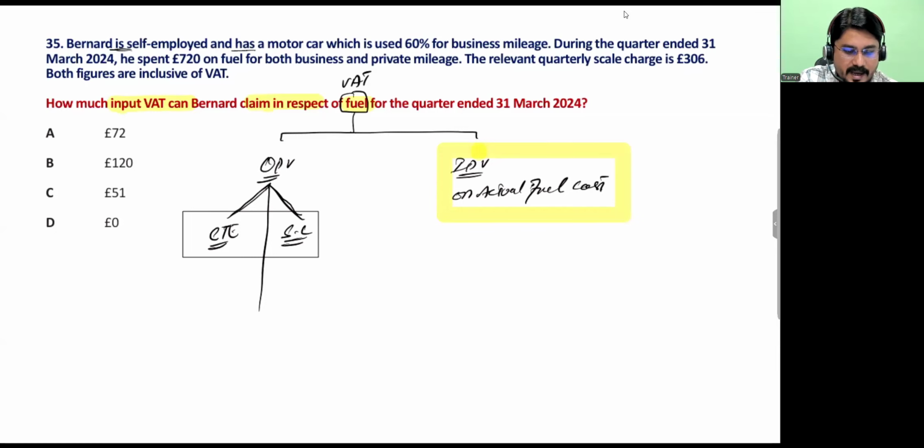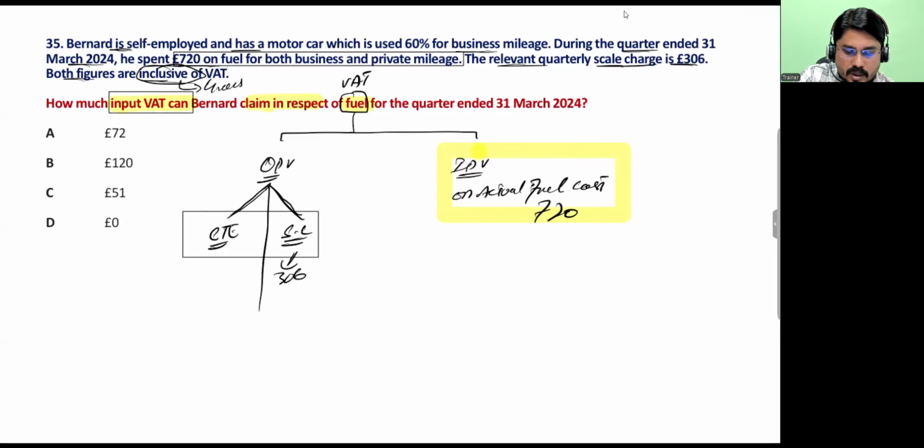B is self-employed and has a motor car which is 60% used for business purposes. During the quarter ended 31st March 24, he spent 720 on fuel for business and private mileage. So there's the actual fuel cost, 720 is the actual fuel cost. The relevant quarterly scale charge is 306. Both the figures are inclusive of VAT. If the inclusive amounts are given, these are the gross amounts. The quarterly scale charge amount is 306, but that is to be ignored because only the input VAT is asked in